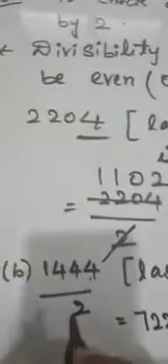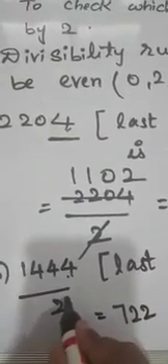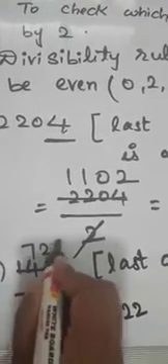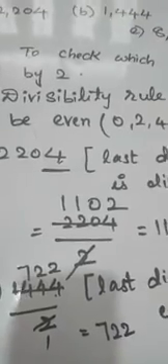How did I do it here? Like this you have to do. If you are perfect in the multiplication table, you can directly cancel here. 2 ones are 2, 2 sevens are 14, 2 twos are 4, 2 twos are 4. Directly we can cancel here. Okay, A and B are completed. Next we have to check C, D, E. Similarly we have to check.